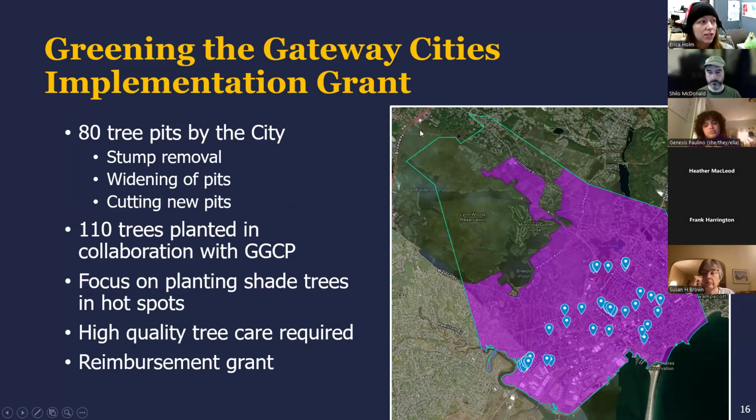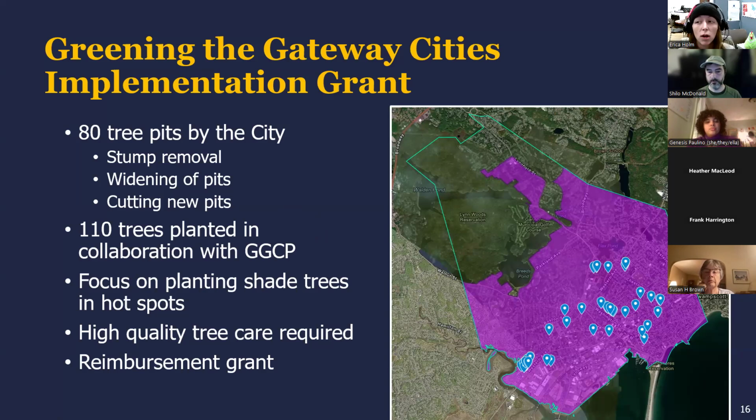And this project, the Greening the Gateway Cities implementation grant, we're working on that with the DCR. It's kind of like the Mass Urban Canopy folks. We'll be planting the trees with them. So it might not always be us ordering the trees and delivering them. It might be Mark Jen or Dave Bresnahan actually planting them. They have the unique ability to plant on private property.